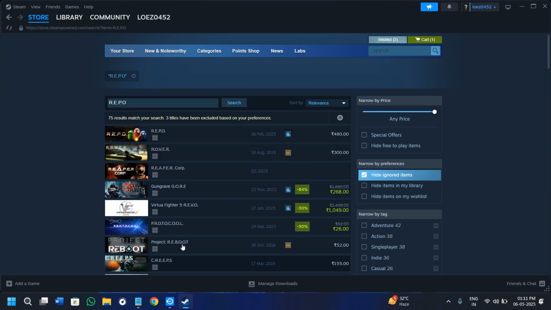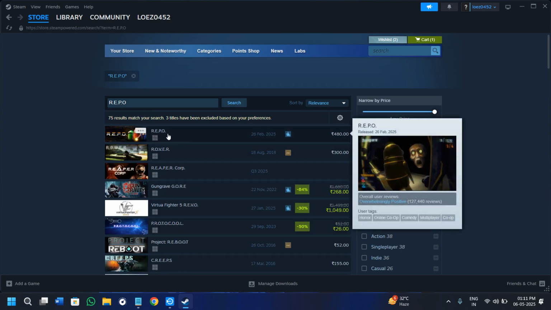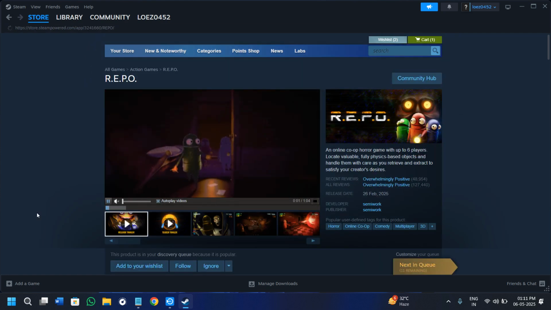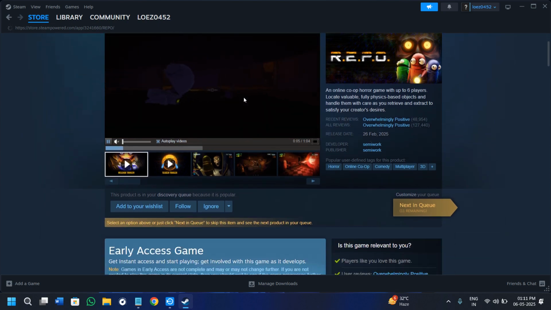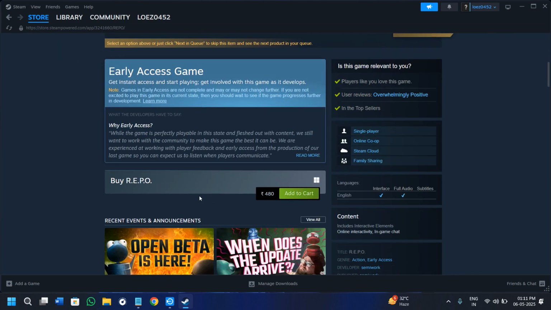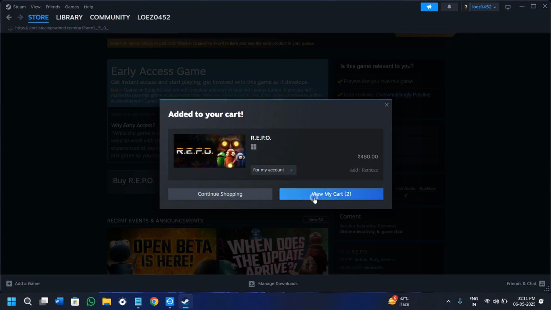Now once you search for it, you will find various results, but you need to simply click on this one, that is the official game. After clicking on it, you will be shown its trailer here. You need to scroll down a bit and you need to buy R.E.P.O before actually downloading it in your device. In order to purchase it, click on the option of add to cart